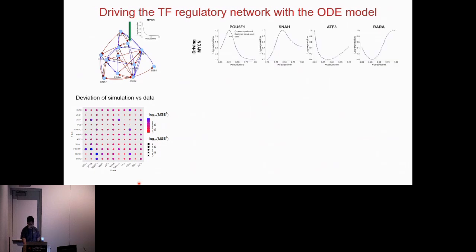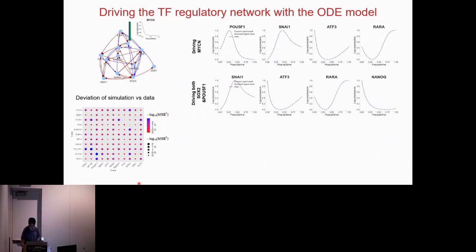So we found that by driving one gene, usually they didn't do a very good job. I only see one. Actually, there were multiple curves on that, so you just should believe me that driving one gene didn't work very well. But driving two genes, we can actually see very close agreement between the simulation results and the